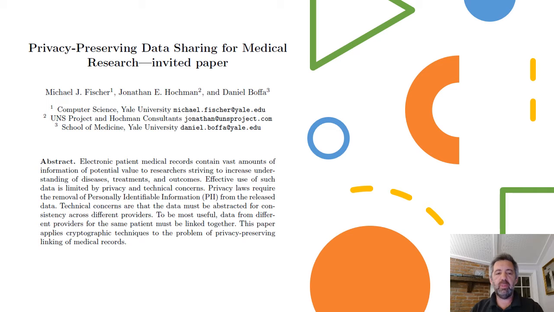Welcome to Privacy Preserving Data Sharing for Medical Research. I am Jonathan Hochman, and my co-authors are Michael J. Fischer and Daniel Boffa. Electronic patient medical records contain vast amounts of information of potential value to researchers striving to